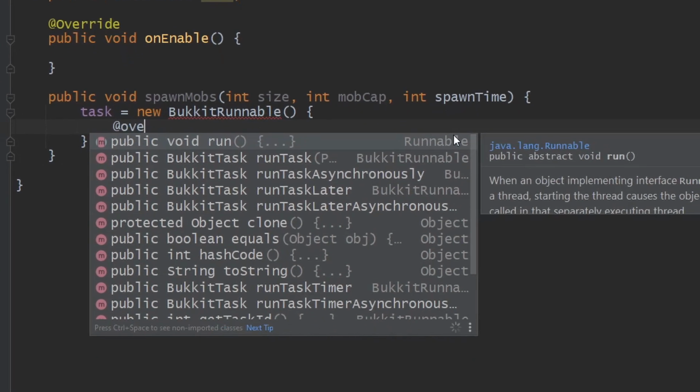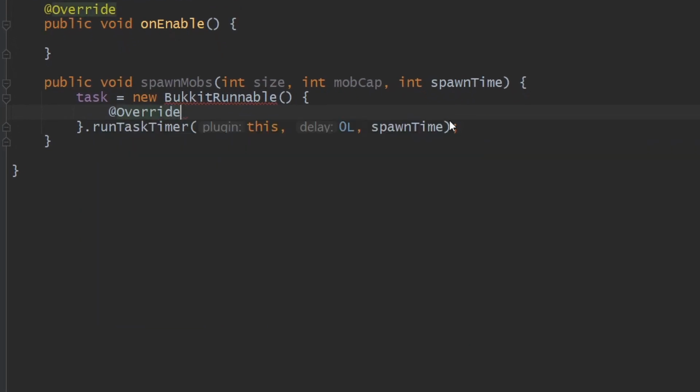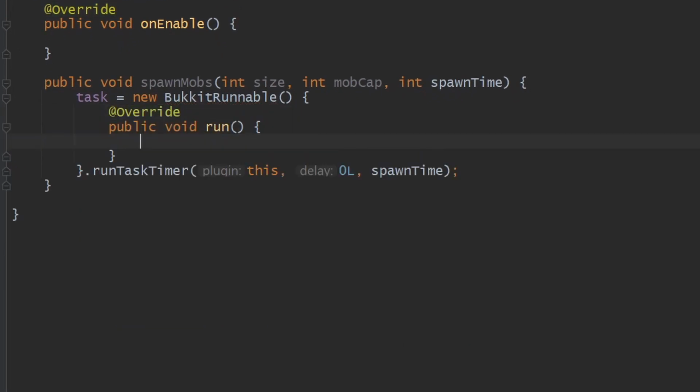And then let's go ahead and create the mandatory run method that all bucket runnables need to have. And then in here can be our spawning algorithm. So let's just write that down. Spawning algorithm. Technically isn't an algorithm, but